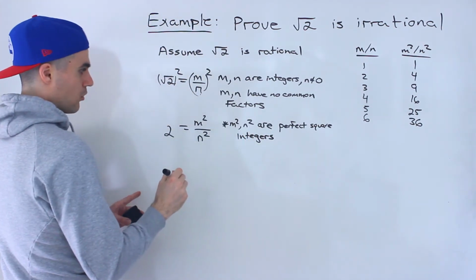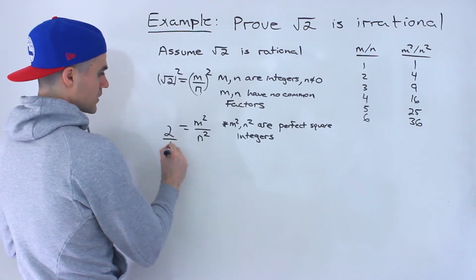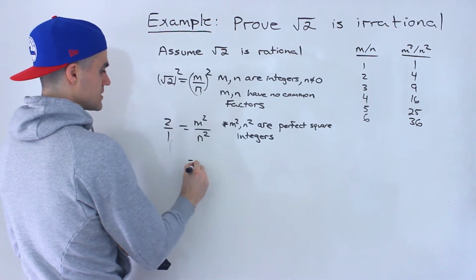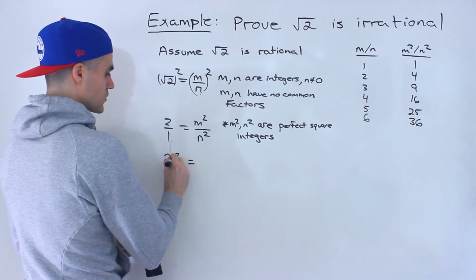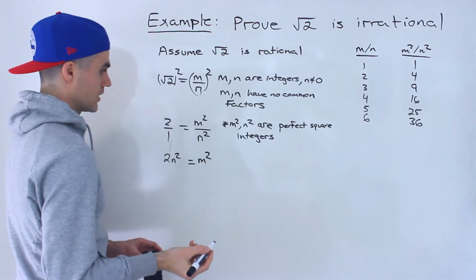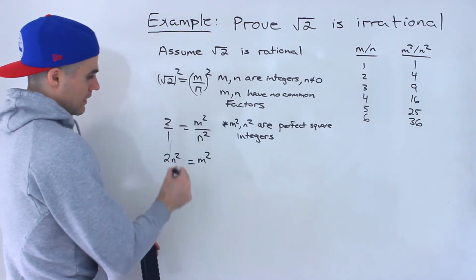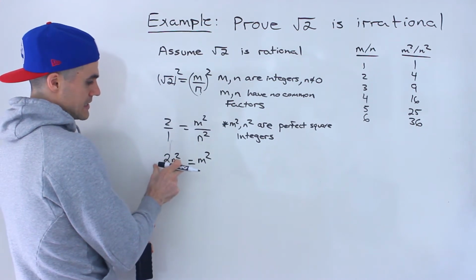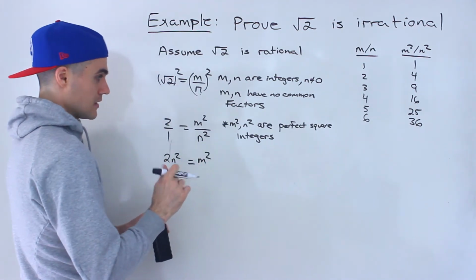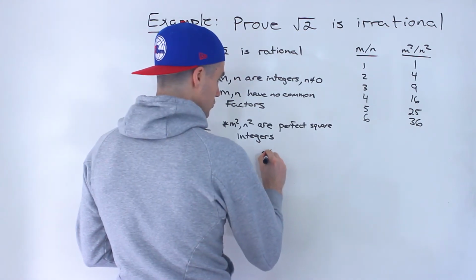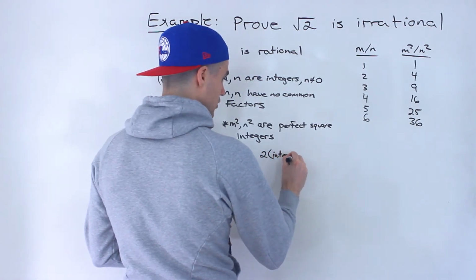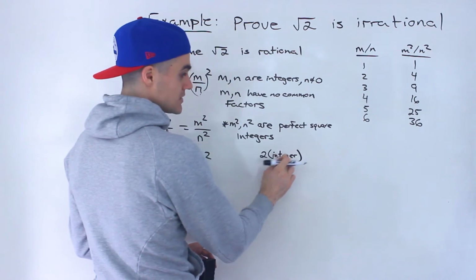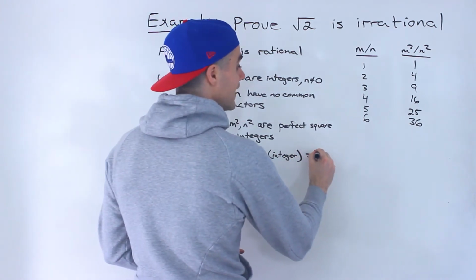And so stating that's going to be important for the proof, because what we're going to do now is we're going to rearrange this equation. This 2 here, I'm going to put over 1, and then I'm going to cross multiply. So notice that what we'll have is 2n squared equals m squared, like that. And this is interesting here because this 2 makes both of these sides even. Because just in general, 2 times any integer, which is what n squared is, it's definitely an integer. 2 times any integer, what's that going to give you? It's going to give you an even